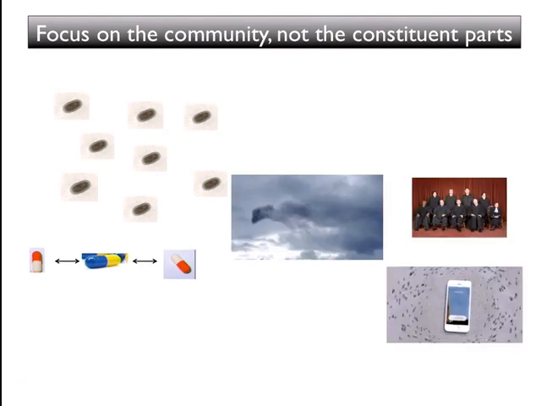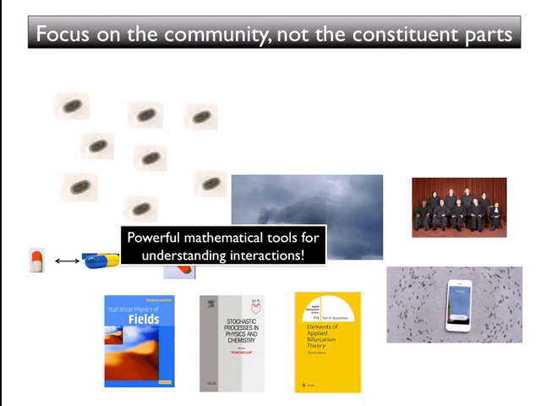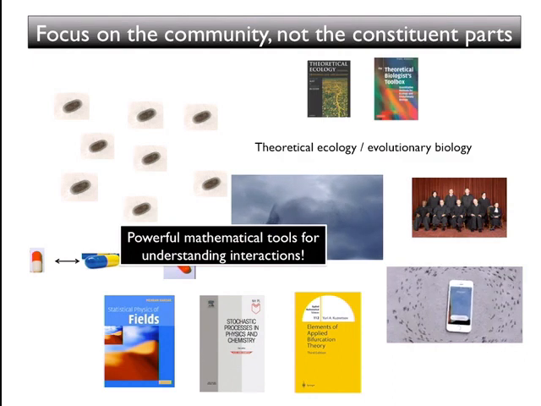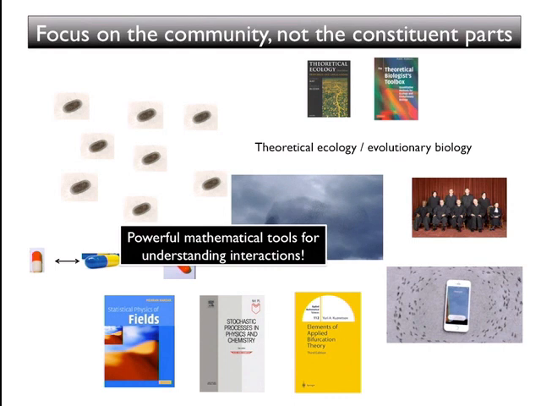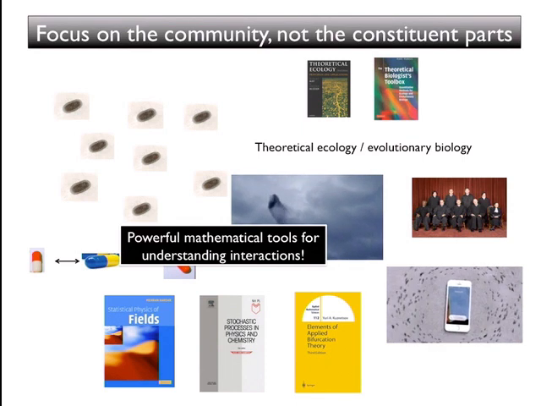maybe. So, of course, there's a lot of powerful mathematical tools. These are the books that someone in my group or with my background is very familiar with. Books in statistical physics, stochastic processes, bifurcation theory, dynamical systems. Many of you probably know these books. Others may know many of the same techniques that were applied sometimes earlier, sometimes later, sometimes with different goals in ecology and evolutionary biology, right? So hopefully there'll be some overlap here, at least in interest. I may call it statistical physics when it's really ecology, but that's sort of my